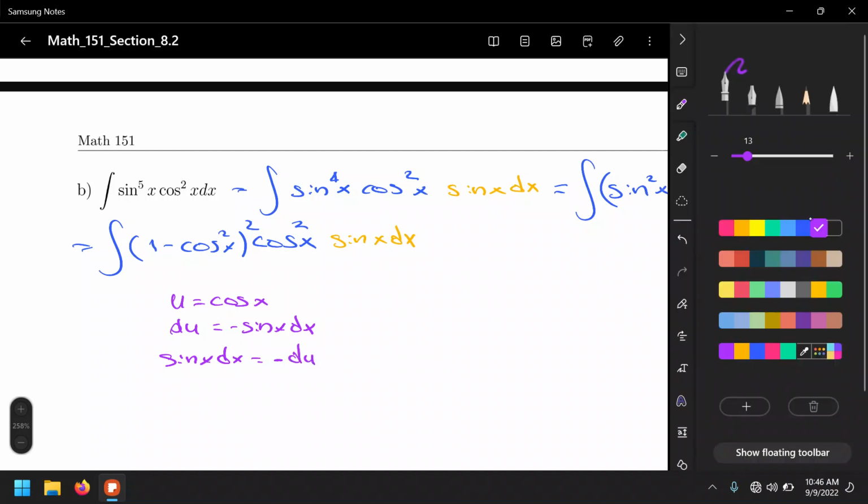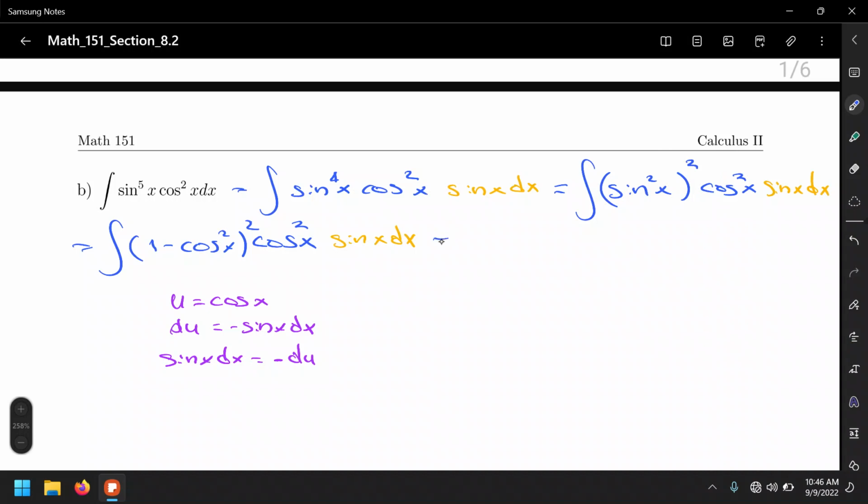Well, doing the substitution, this will be the integral of 1 minus cosine x squared, which in this case will be u squared, the whole thing to the second power, times u squared times sine dx, but sine dx is negative du. Let me take that negative outside of the integral to make our life easier, and in the end we're going to use that negative sign to change the sign of everything once we distribute this. Alright, so negative integral,